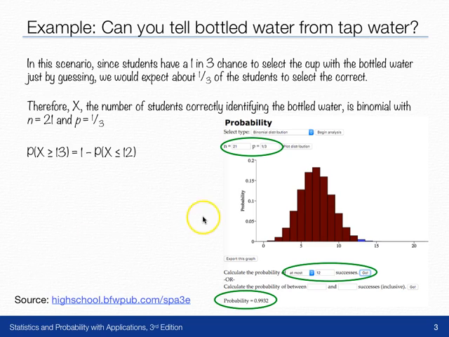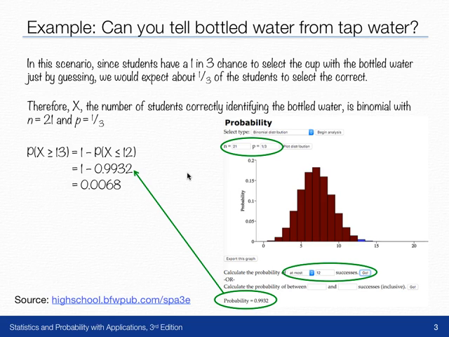highschool.bfwpub.com/SPA3e. You'll notice that I entered binomial distribution up here, and we are using n equals 21 and p equals 1/3. We can find probabilities from that distribution, for instance, at most 12 successes like I have down here. That will give us this number. We can see that when we calculate that probability, it's told to us to be 0.9932. So subtracting from 1 gives us